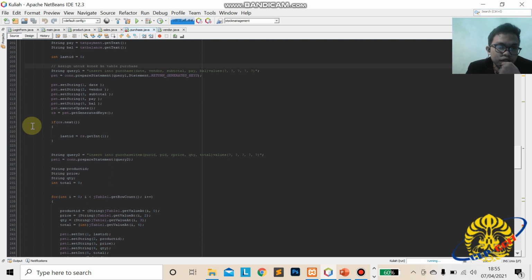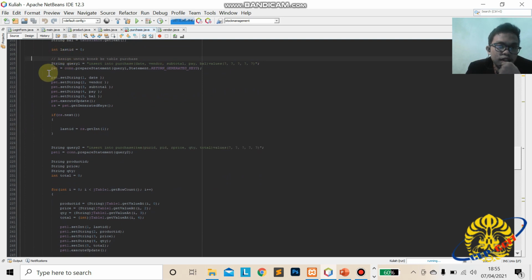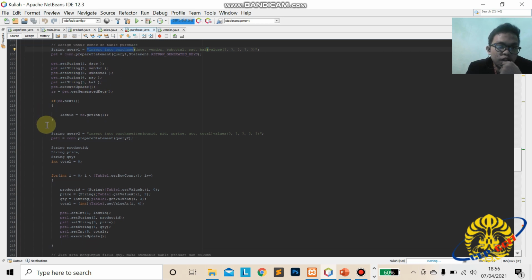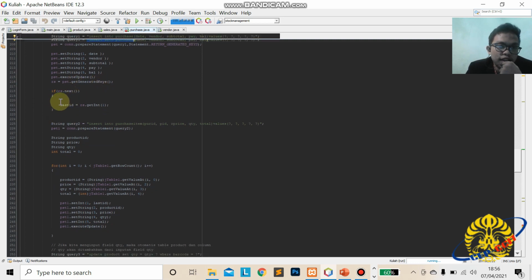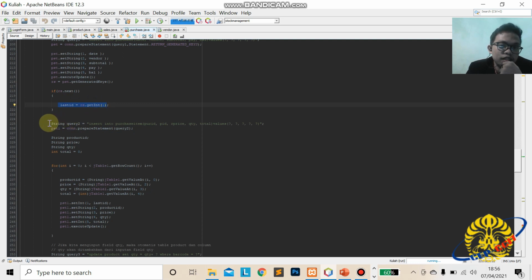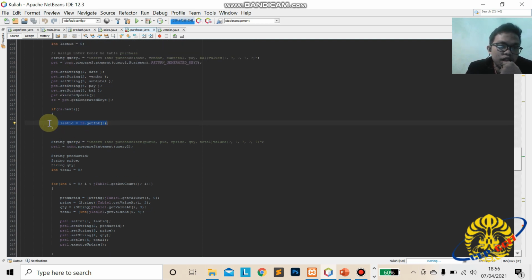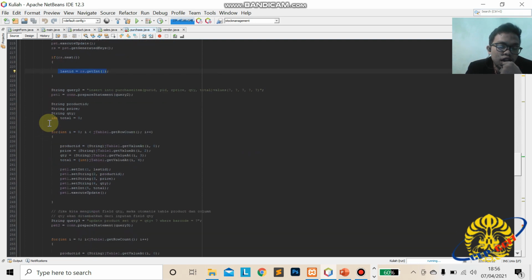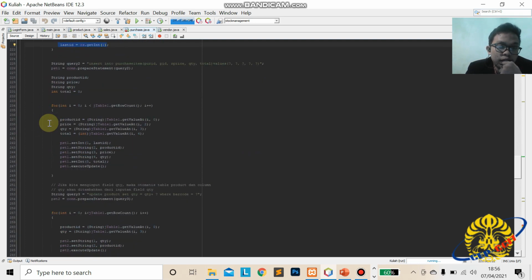Okay, and then this is to connect to the table purchase. So we have date, vendor, subtotal, payable in the table, and then execute the query and then generate keys. So this is last ID, which is the product ID, that will be auto updated in the table.